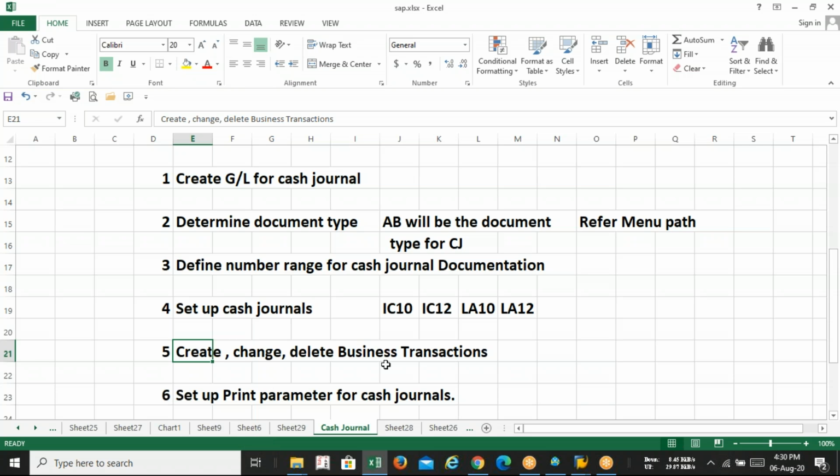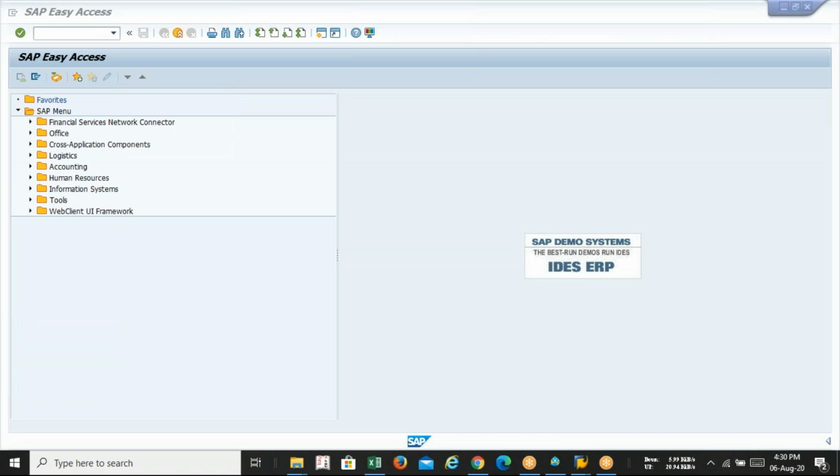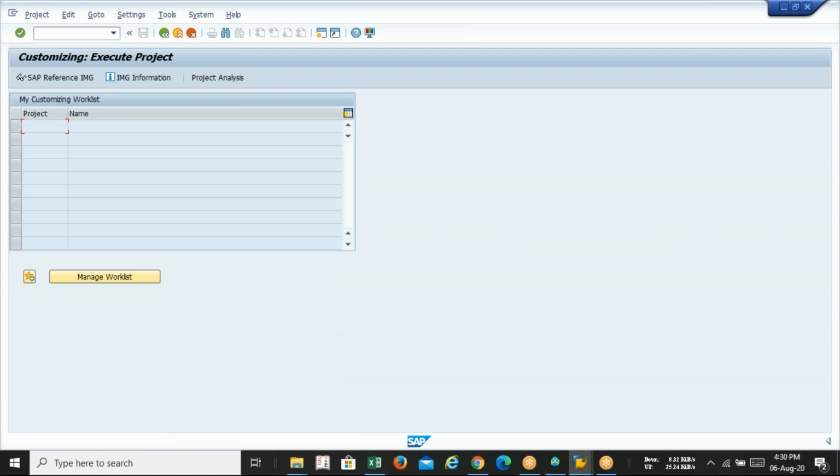Last, create, change, delete business transaction. Can you tell me the menu path?